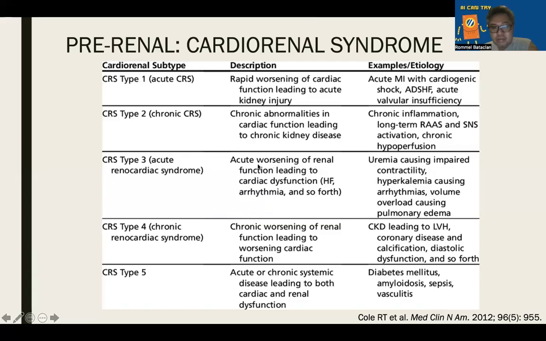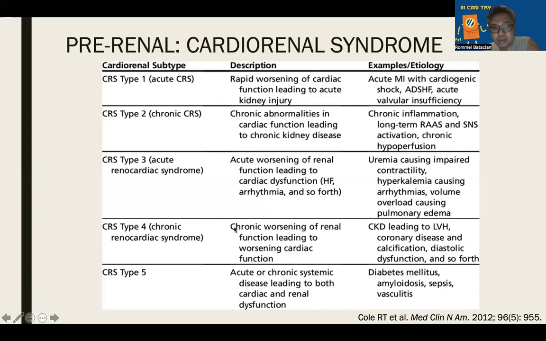So if there is an acute decline of the renal function, it could lead also to the dysfunction in the heart. So the increasing serum creatinine or metabolic waste causes impaired contractility. The potassium is not adequately excreted by the body, leading to hyperkalemia, which can lead to dysrhythmias, and volume overload because of inability to produce urine in the body. Then it could lead to pulmonary edema.